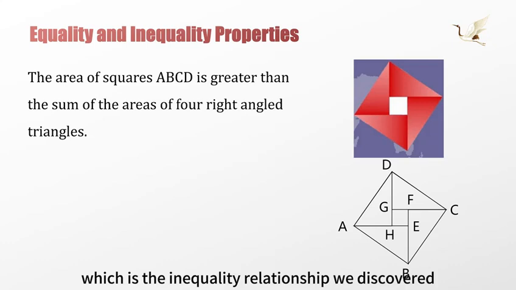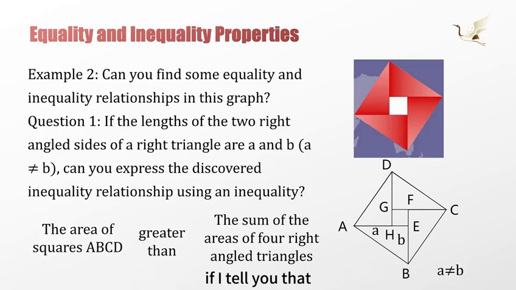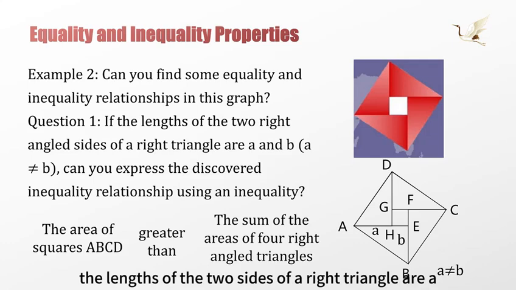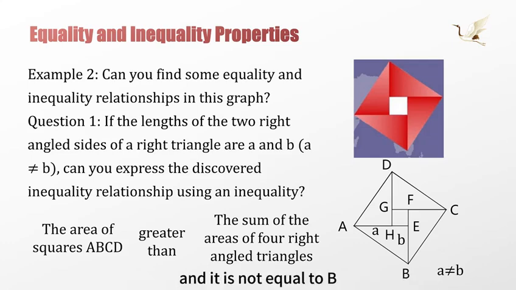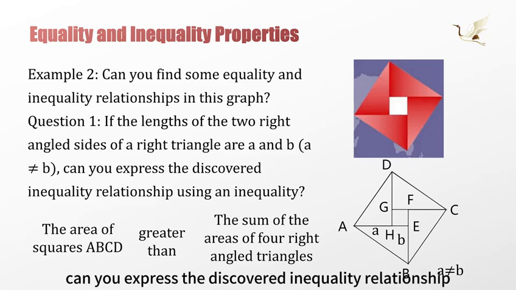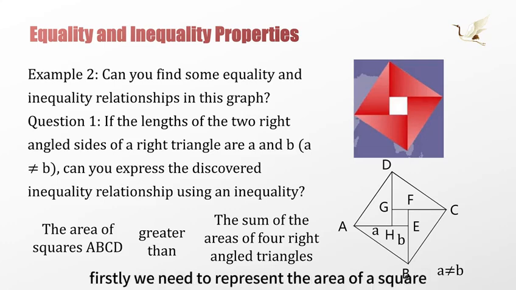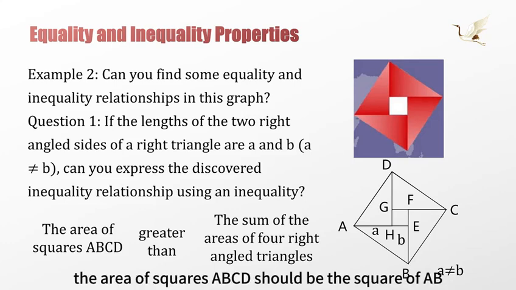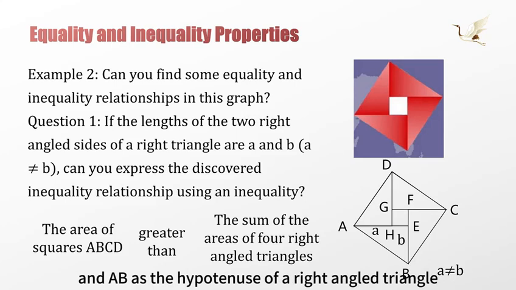which is the inequality relationship we discovered. If I tell you that the lengths of the two legs of a right triangle are a and b respectively, and a is not equal to b, can you express the discovered inequality relationship as an inequality? Firstly, we need to represent the area of a square. The area of square ABCD should be the square of AB, and AB, as the hypotenuse of a right-angled triangle,